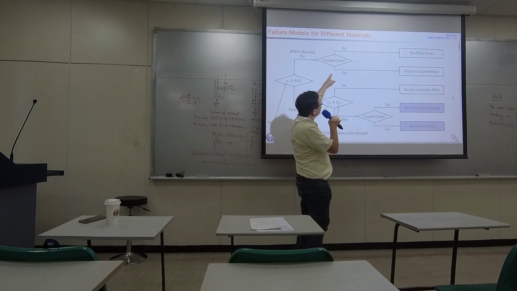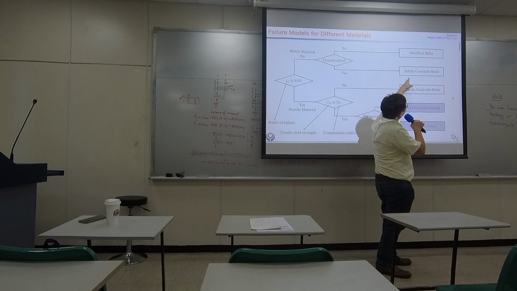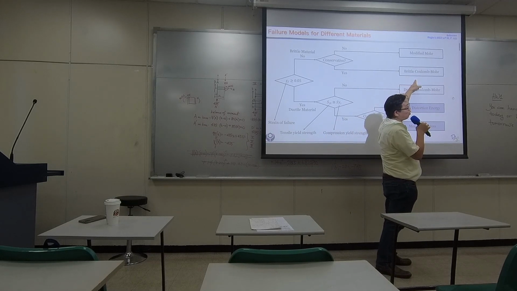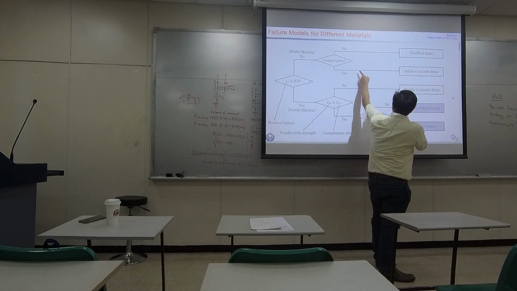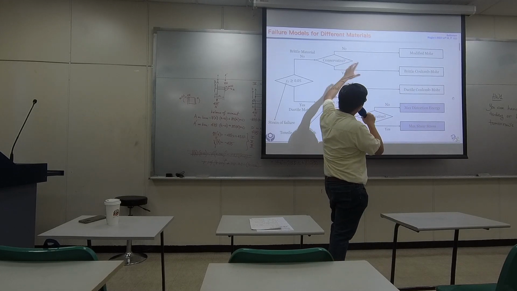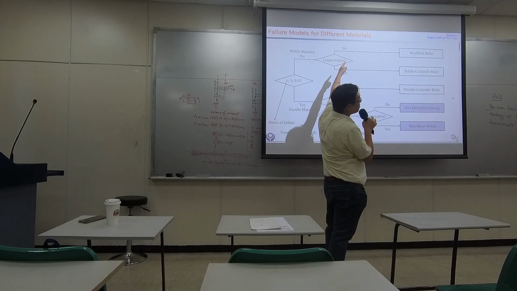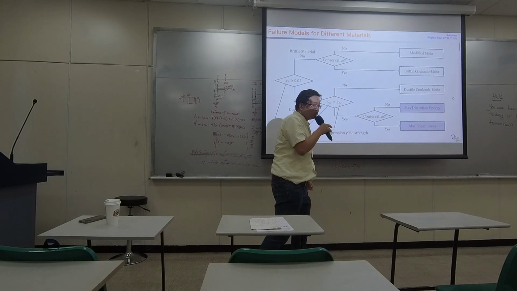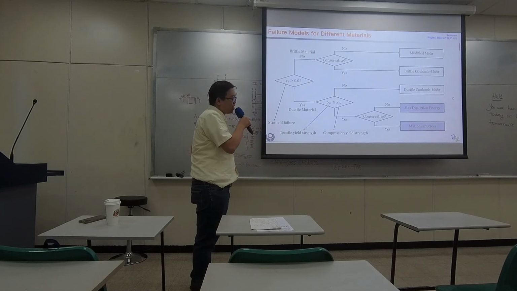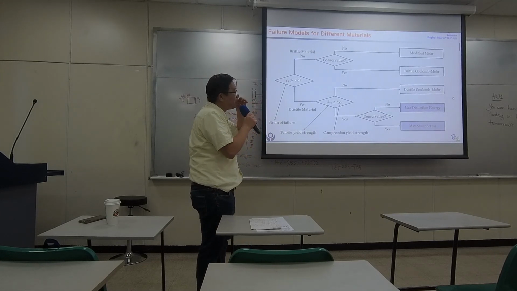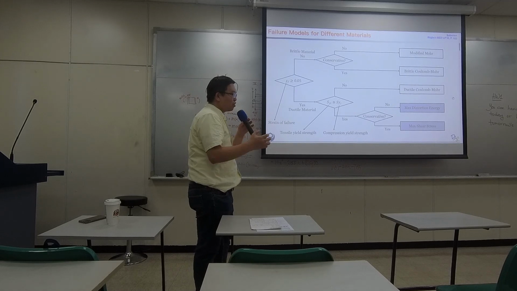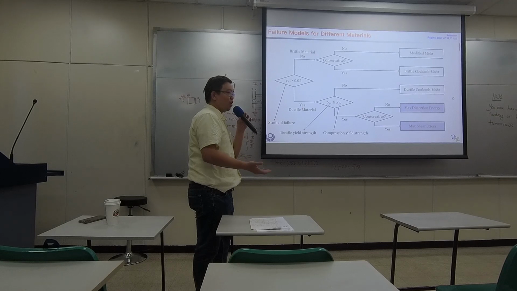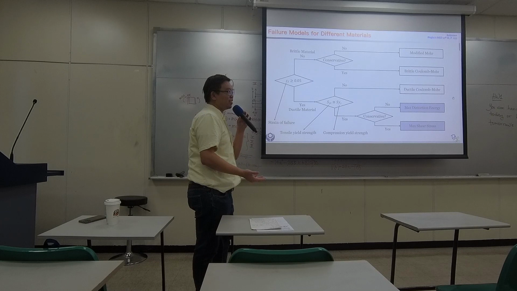So for conservative designs, there is a corresponding model right here, a proper model for conservative designs. When you see this no option in this table, that means your design will be less conservative. You could be having more aggressive designs. Usually when you are more aggressive, you are looking for better performance. But when failure comes, you have less safety. So,